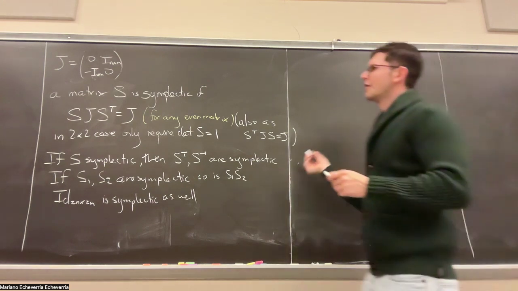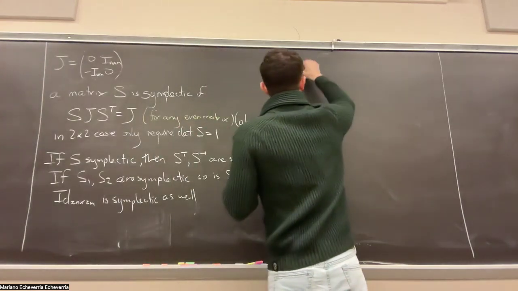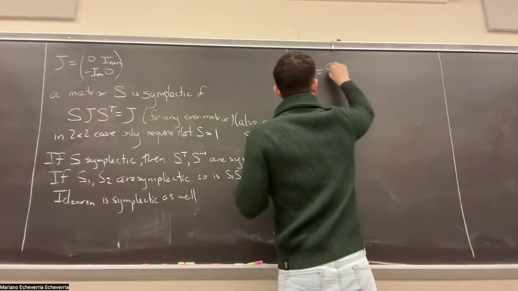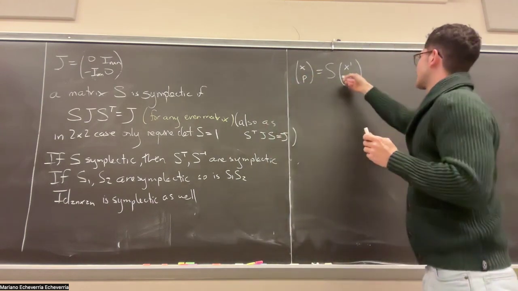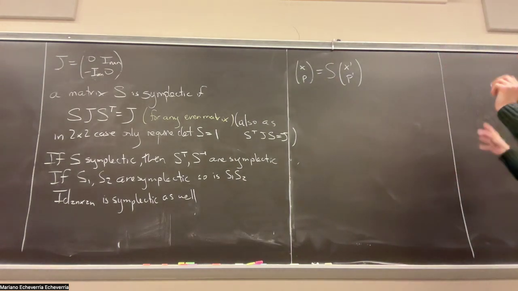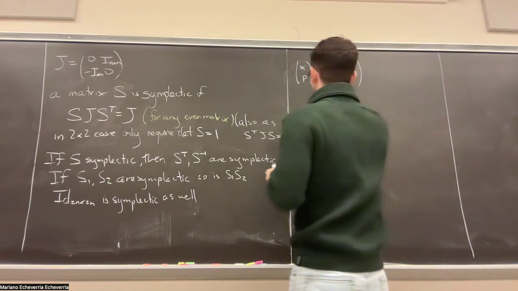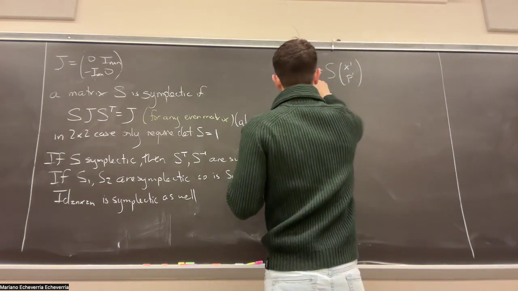And the point of these matrices is that those were the ones that we found if we did a linear change of variables. The idea was, if you defined x, p and x prime, p prime as two different sets of coordinates, then the equations of Hamilton get preserved provided S is symplectic. So if S is symplectic,